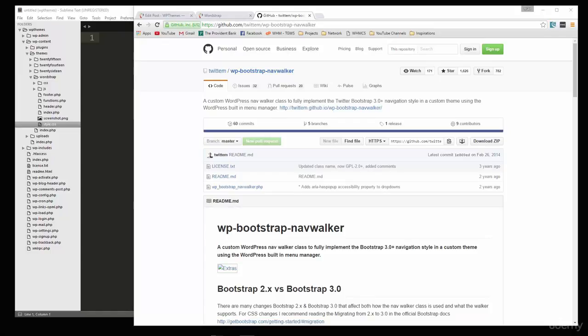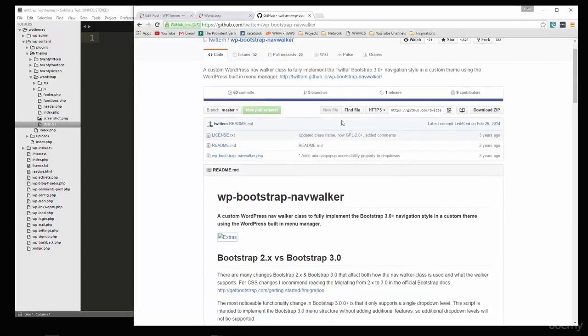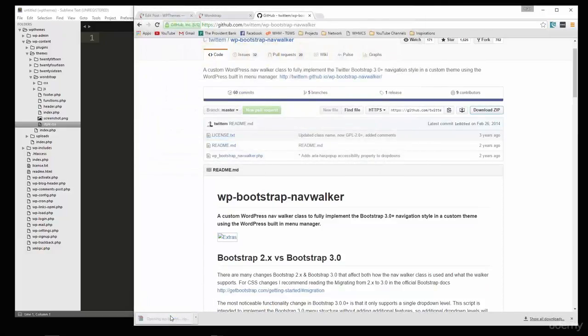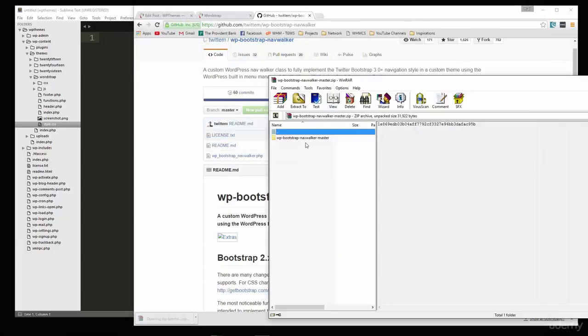Hey guys, in this video I'm going to show you how to implement a Bootstrap navbar with a WordPress theme using WP Bootstrap Nav Walker. This is a really popular script that will integrate your navbar so that you can create sub items and things like that. So you want to go to this GitHub page, and we're going to just go ahead and download the zip. And if you open that up, you'll have a folder, and that'll have the PHP